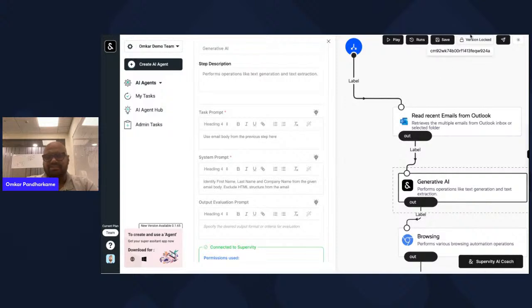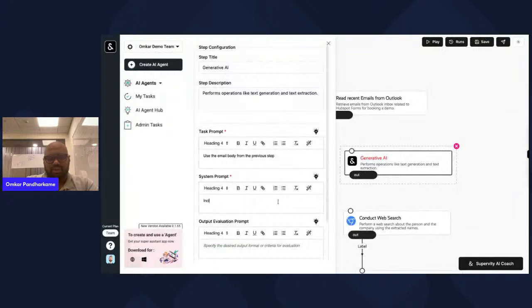Exclude the HTML structure from the email. So include first name, last name, and company name from the email body, and exclude the HTML format in the email, right?